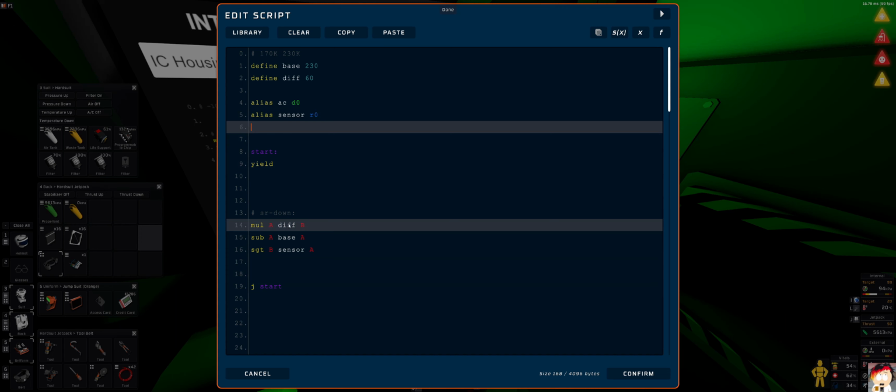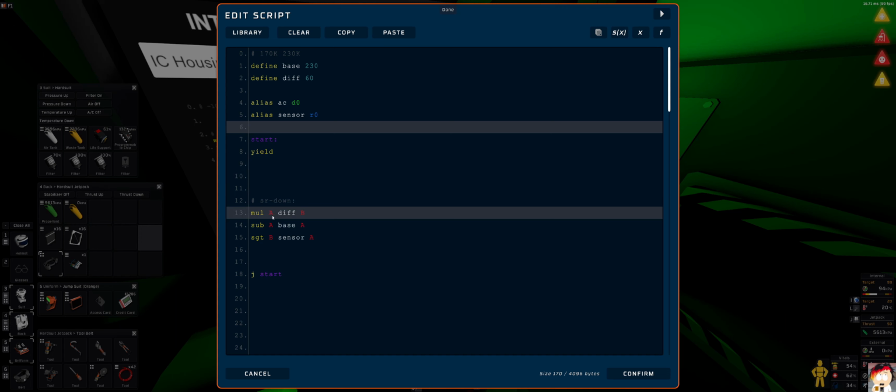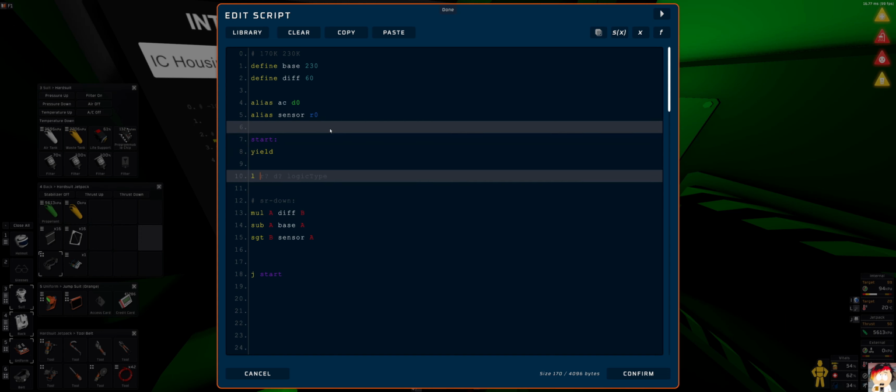Now you could create aliases for A, B, BA, and so on, but I'm going to name them directly to the values. But we're going to load our sensor from AC. We want to load temperature out from AC to our sensor. Now, if you don't know where to find those,